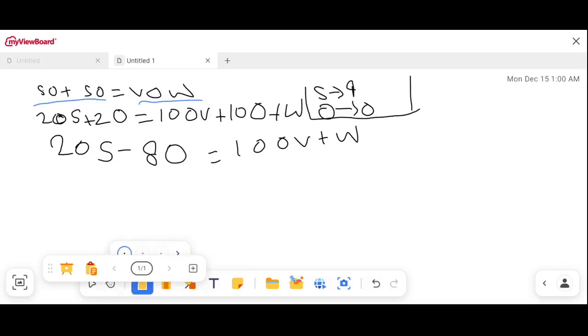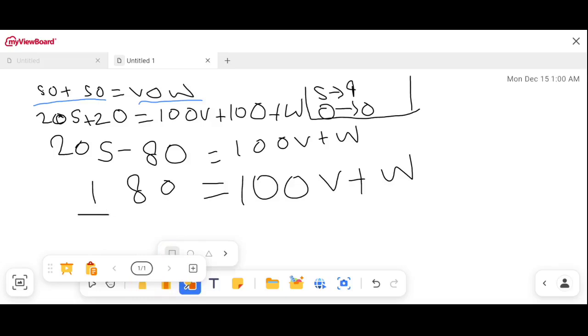So this side will be 8 times 0 is 0, and 20 times 9 is 180, and 180 minus 0 is 180. So 180 equals 100V plus W. And now I want you to understand some things. For this particular thing to hold,